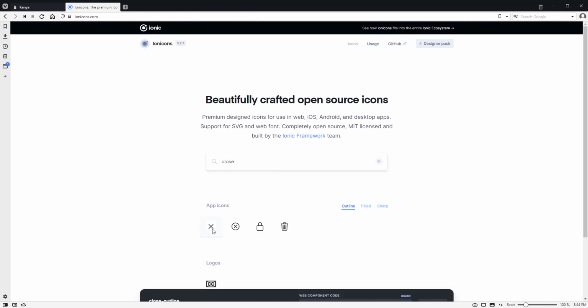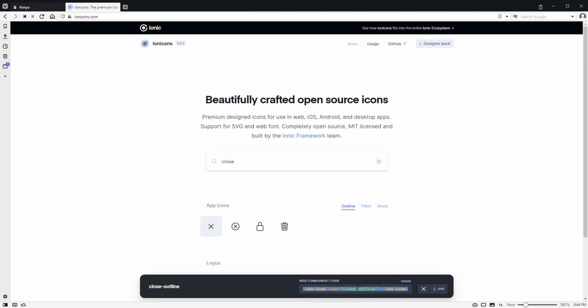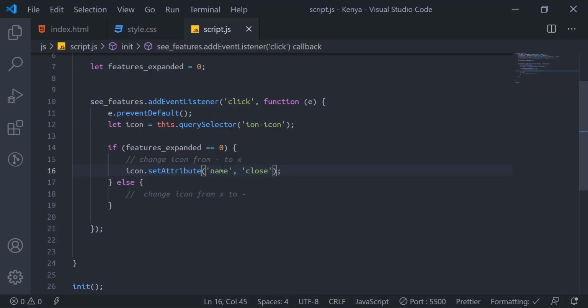This X now would be the same as close-outline. If I come to this field now, see, this one is just close. So this close here is what we put for that place. So what would they do? They would say okay, this name attribute we'll change the value to close.